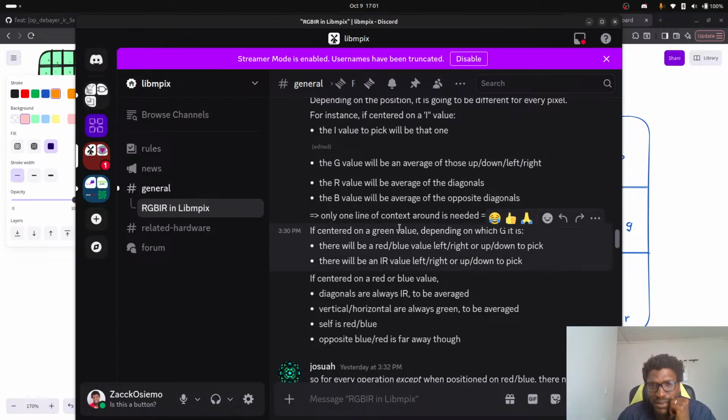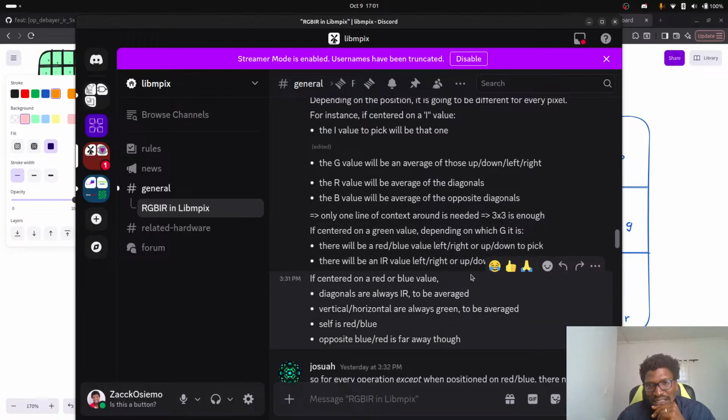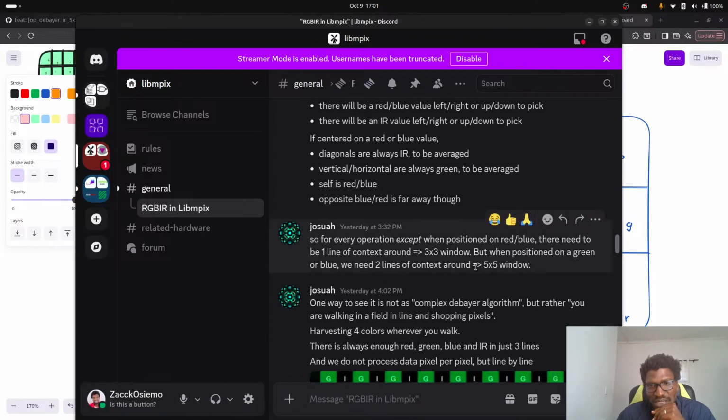However, it looks like only one line of context. If centered on a green value, depending on which green, there will be a red, blue on the side, and there will be an IR value left, right to pick. But when positioned on a green or blue, we need 2 lines of context. So green or blue, we need 2 lines of context. But when positioned on red or blue,